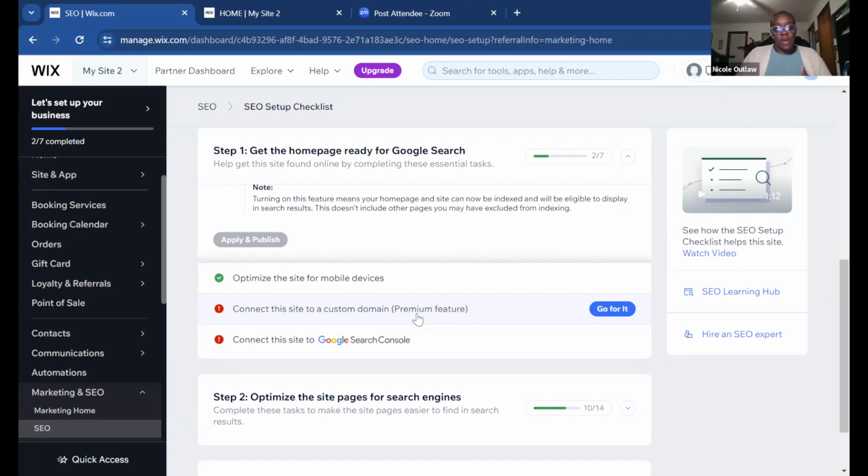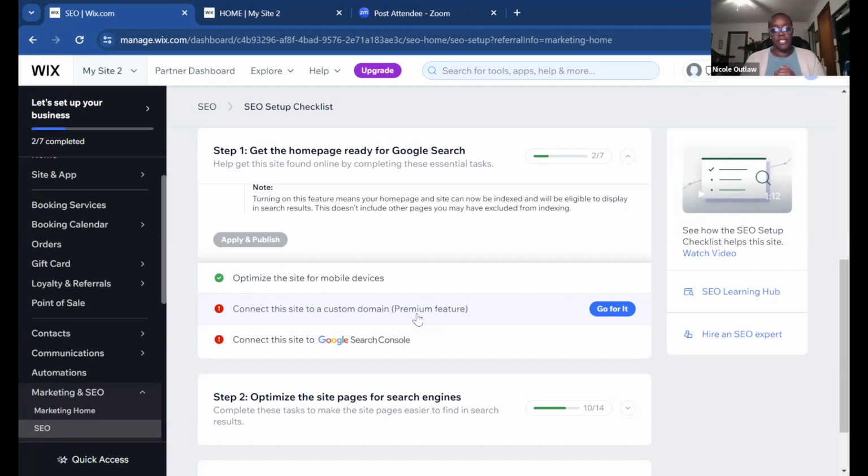So that's what's going to make it important to be found through Google search or any sort of search engine, because Google will be looking for your URL, your domain that's connected to your site, that people will probably be typing in, or keywords that will prompt that. So in order to really optimize your site, if you want it to be searchable through Google or other types of search engines, it's very important to add a custom domain to help elevate your